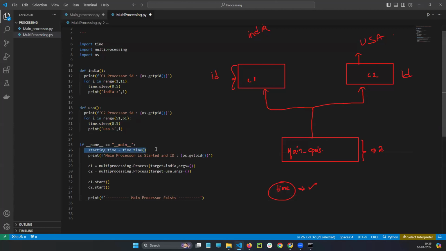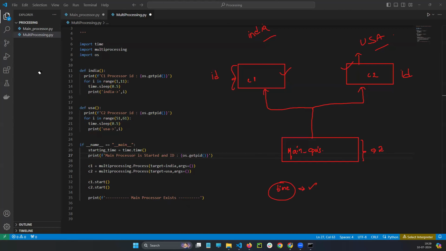Imagine the starting time. This print condition will print the main processor ID number. C1 started its working, C2 started its working. After printing all these things, if this print condition comes, does that mean the main processor is waiting for C1 and C2, or that the main processor is going out?